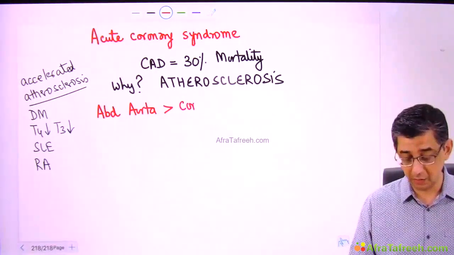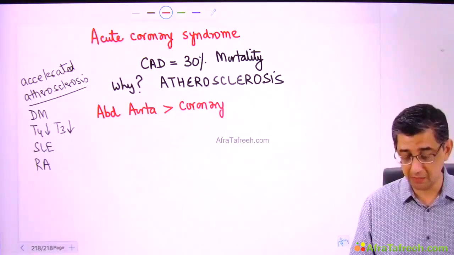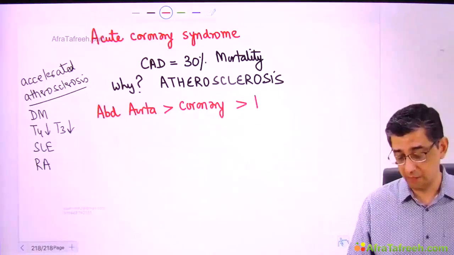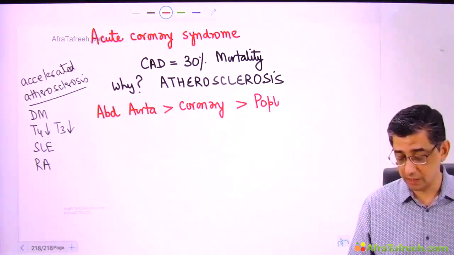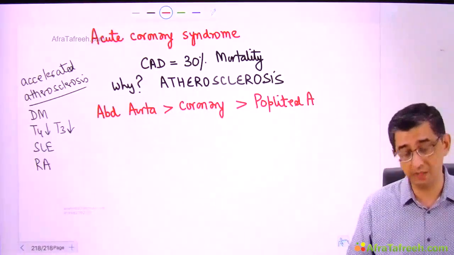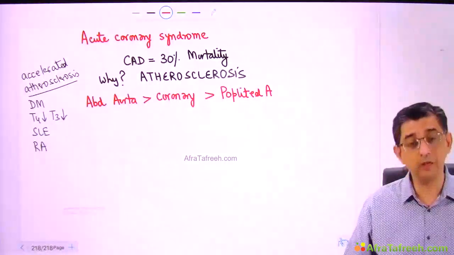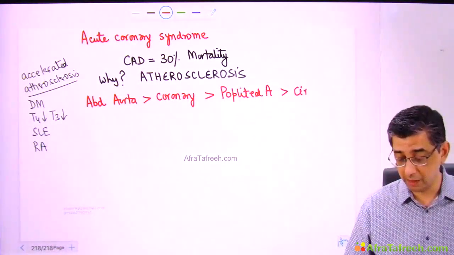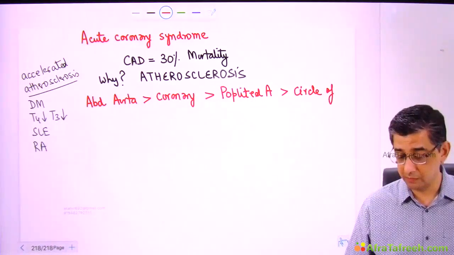In fact, I just want you to remember a mnemonic by the name of ACP, where I have written the data in decreasing order of prevalence. Abdominal aorta, coronary arteries, and popliteal arteries are the ones which can be involved by atherosclerotic lesions, and thereby varied clinical profiles will occur. In fact, not only can the popliteal artery be involved, but even the blood vessels that contribute